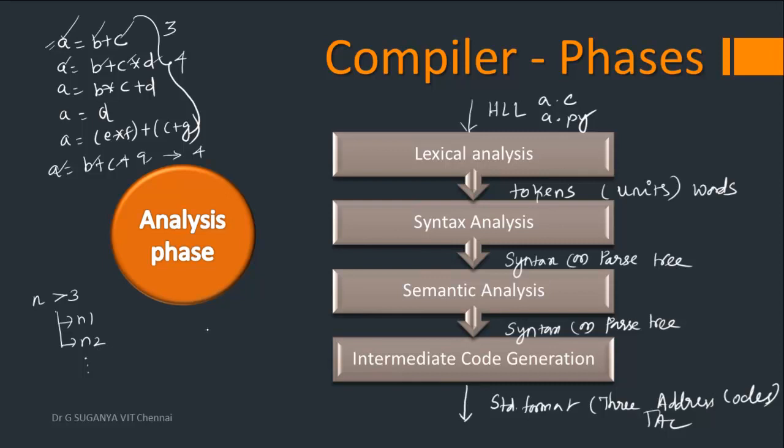Once done, we move on to the synthesis phase. So, in the analysis phase, what happens in short? The high-level language program is given as input. It's checked for the correctness of the symbols used along with the words. Once that is done, the tokens are given to syntax analysis and combined together according to the syntax of the programming language using a syntax tree or parse tree. Then it moves on to the semantic phase, where the meaning of the written statements is checked and the semantically verified syntax or parse tree is given as output, which is fed to intermediate code generation, which throws 3 address codes as its output.